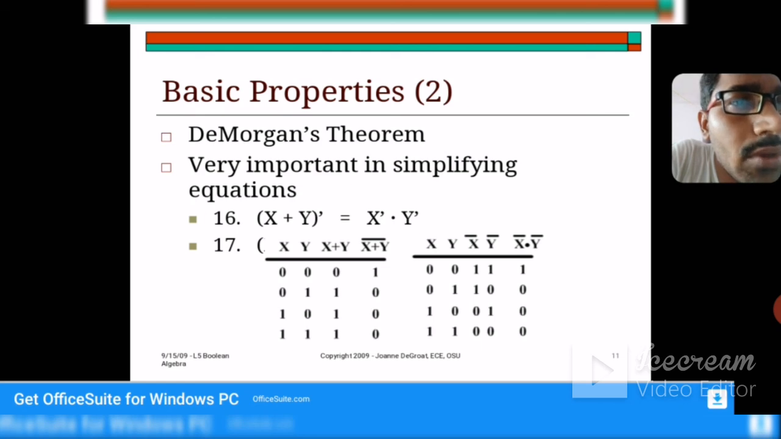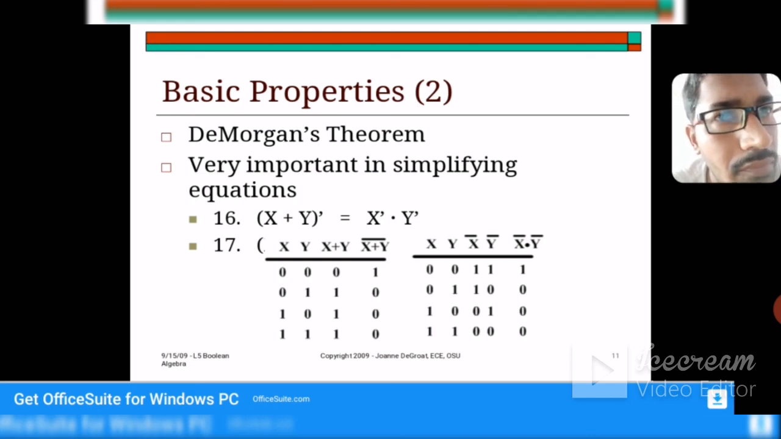As we have inputs x, y, x is equal to 0, 0, 1, 1, y is equal to 0, 1, 0, 1. So complement of x is equal to 1, 1, 0, 0, complement of y is 1, 0, 1, 0, and x bar into y bar is equal to 1, 0, 0, 0. So by taking LHS and by taking RHS, see, again I am repeating,